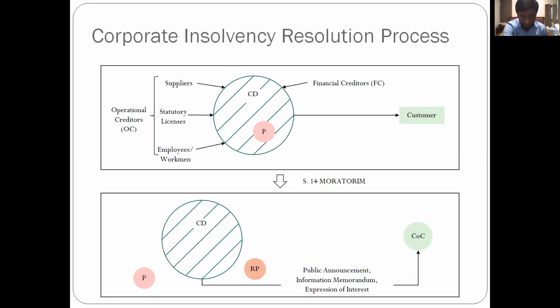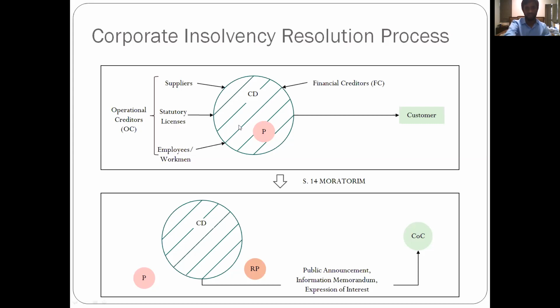Now, what you see in the middle is the CD. A CD is an abbreviation that I've used. It's essentially short for corporate debtor, or the company. So essentially, a company is the middle circle that you're seeing. The little pink that you see in the middle here, that's the promoter. Now, I'm aware that a promoter is a separate legal personality from the company, and I should not be showing it in overlapping Venn diagrams. But since this is only a rough estimation of how a company runs, I decided to take artistic liberties with the same.